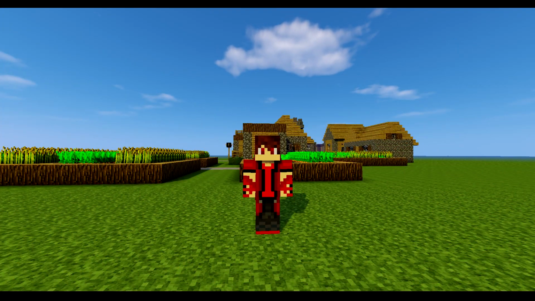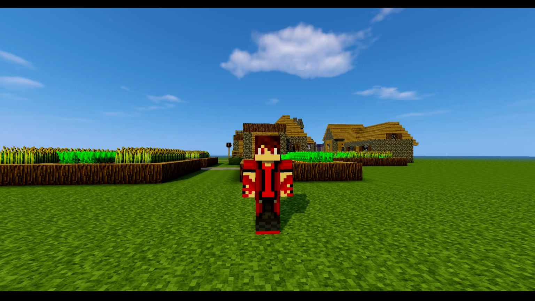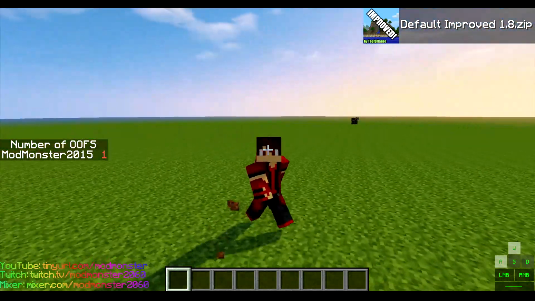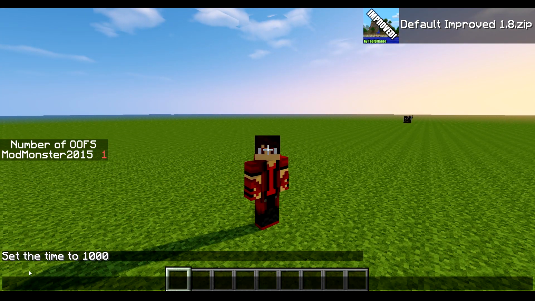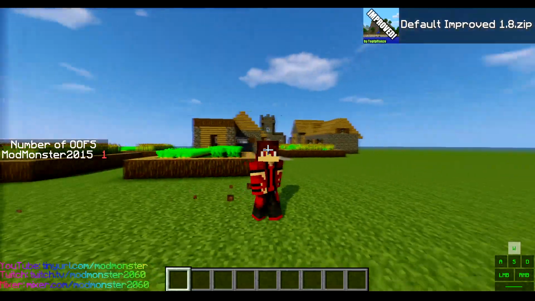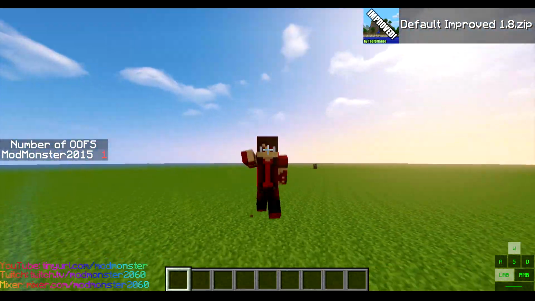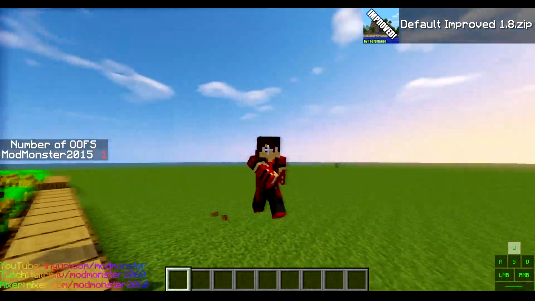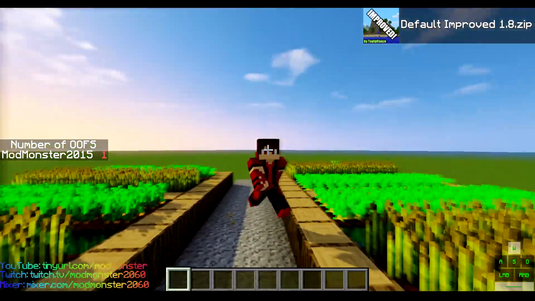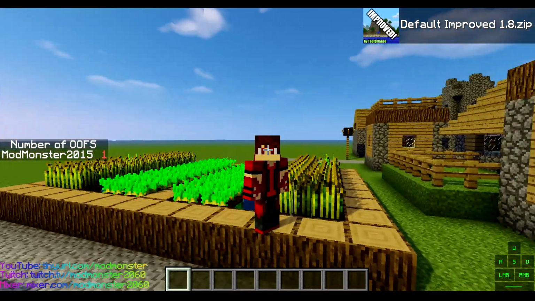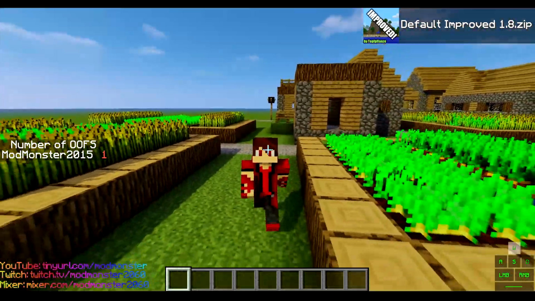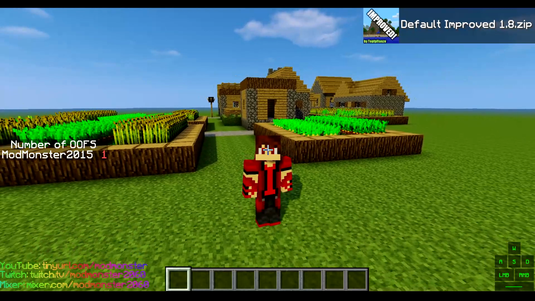Number 2, and next on the list, we have the Chroma HUD mod. Now you can see an example of it right here on the bottom left of my screen. It shows my URLs for YouTube, Twitch, and Mixer in a beautiful rainbow. That is pretty much what the Chroma HUD mod, at least its name, prides itself on. The beautiful chroma wave and static chroma that it has in the mod. Now, this mod has endless possibilities.